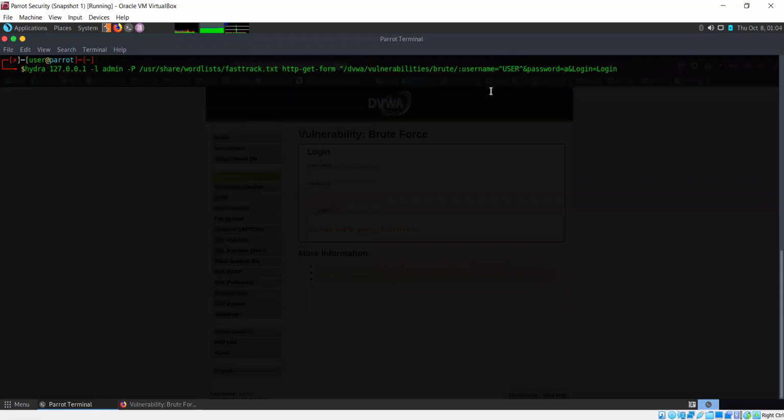And for the password also, we'll simply do password is equal to pass, and login is equal to login. Yes, just leave that as it is because that is not something that we are concerned with.